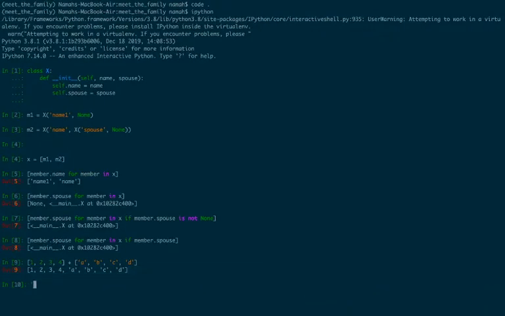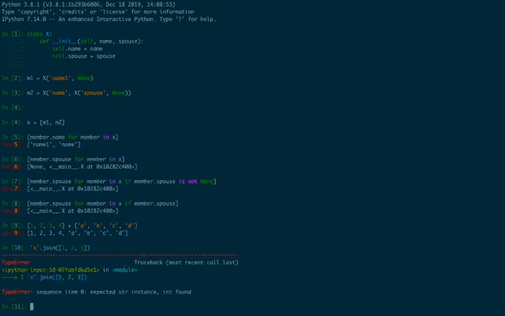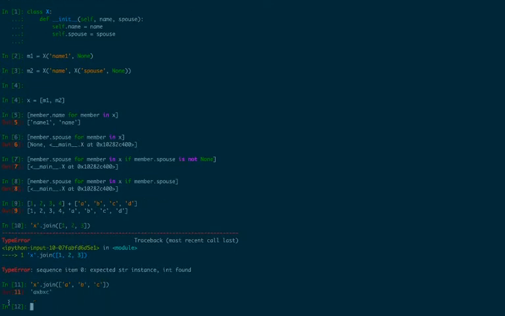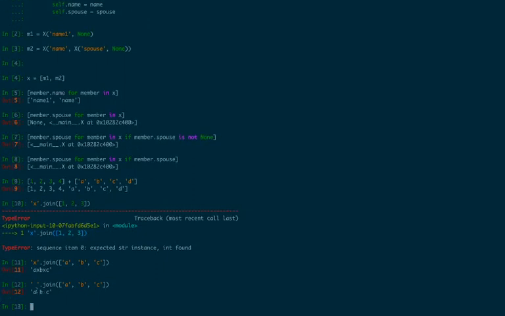If you don't already know, suppose I have a list, 1, 2, 3, and I want to join them with, say, X as the joining factor. This will give me an error, because obviously it expects a string, right? But luckily our names are all strings. So if we take A, B, C, you see A, X, B, X, C. These have been joined as a single string with X in between. Similarly, I just want you to join it with a space. Just have a blank space over there, and you have A space B space C.